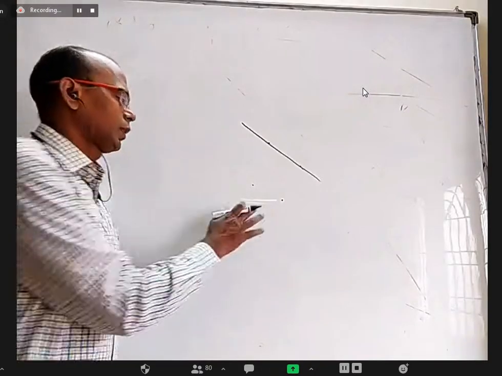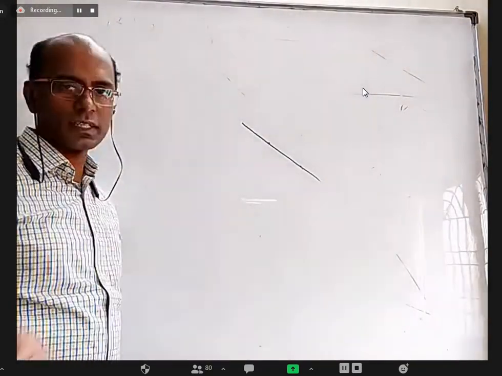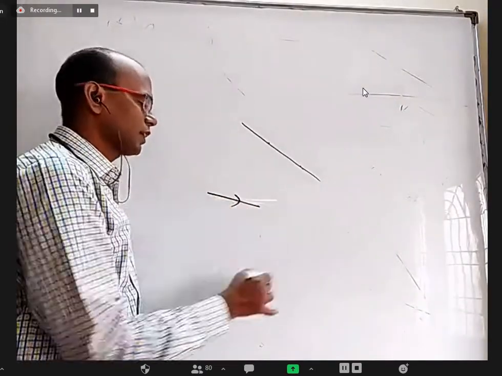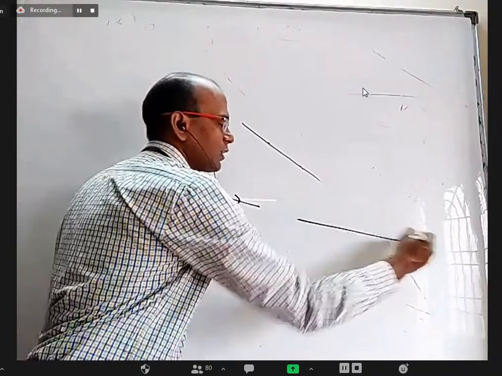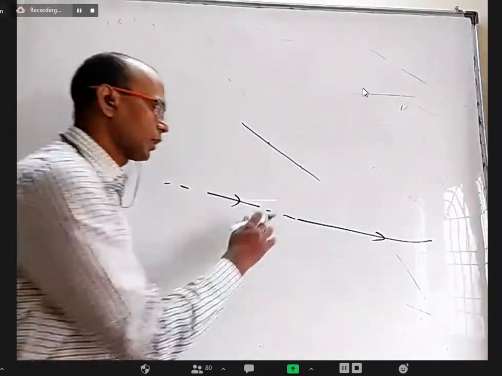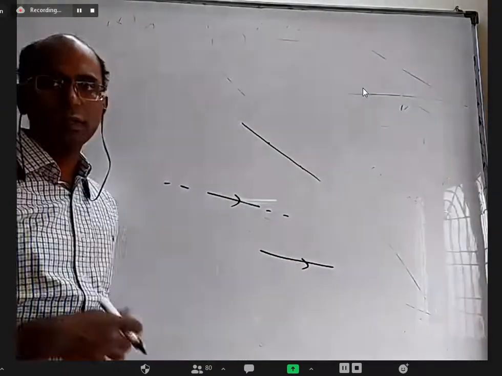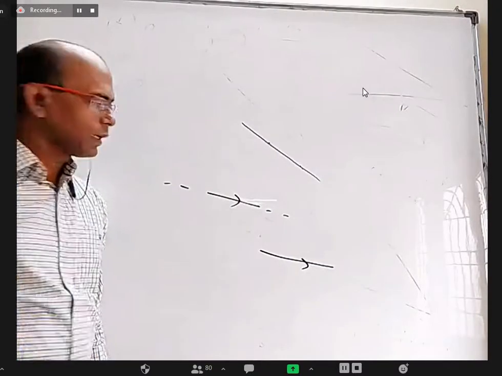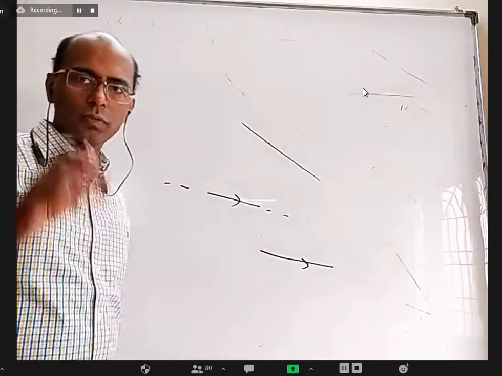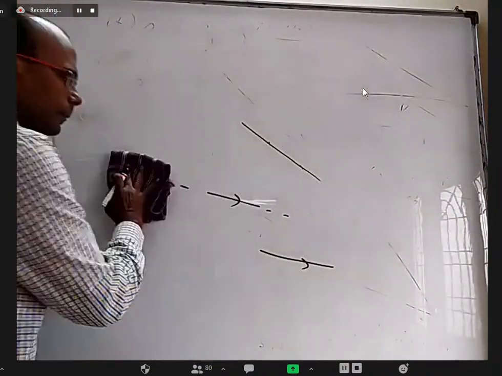But what do you mean by 2 vectors are collinear? It means the vectors are parallel. If you take a vector here and a vector here, maybe a little longer, they're in the same line, so they're obviously parallel vectors and we can say collinear. If that vector is not here, it is here, it still doesn't matter because a vector doesn't have a fixed place. As long as they're parallel, you can move it anywhere and it will become collinear. So in vectors, when you say collinear, that means they are parallel.